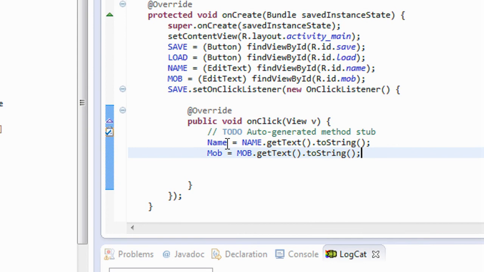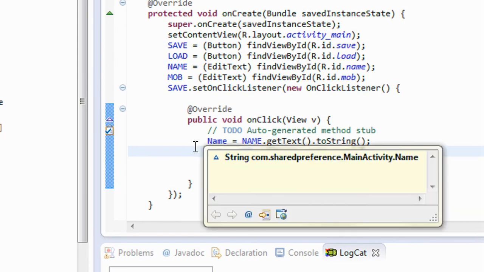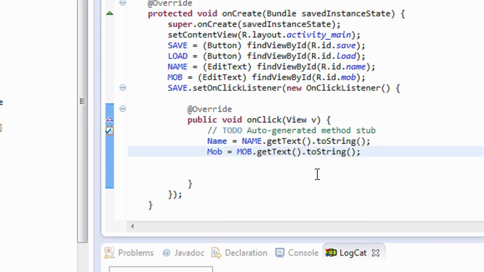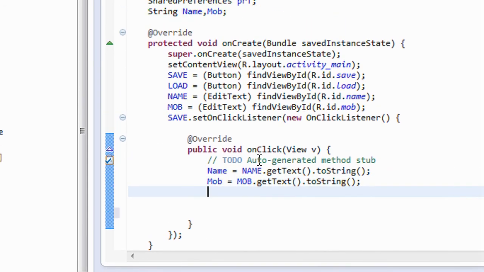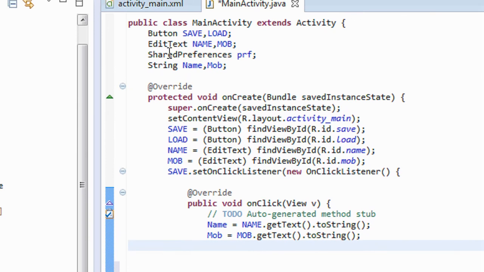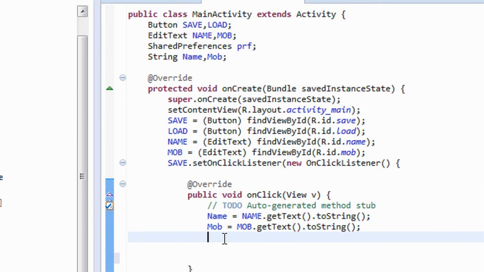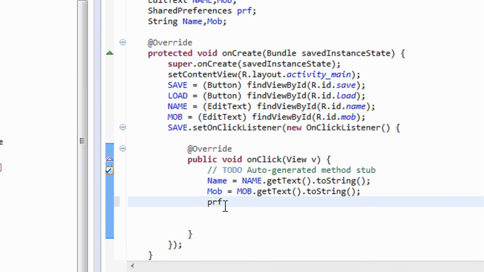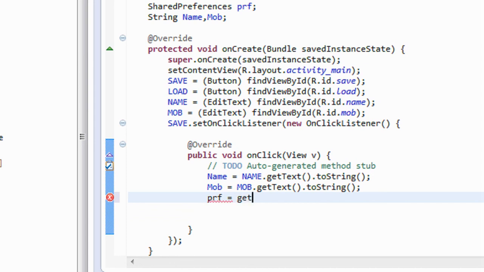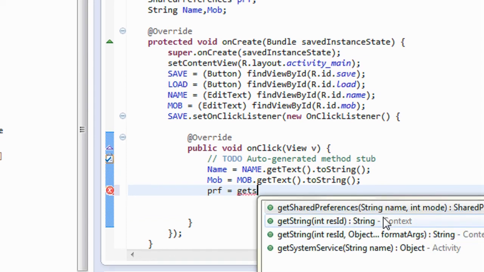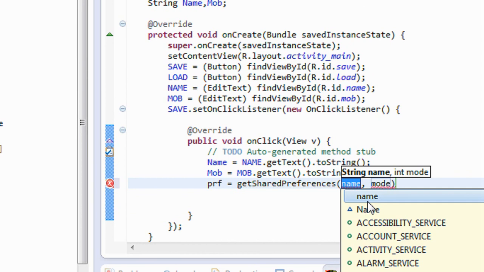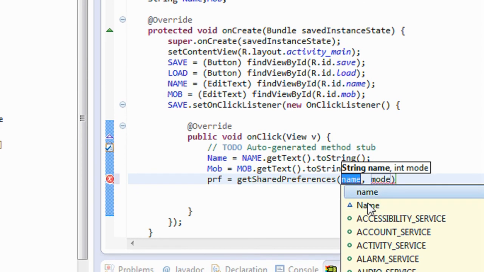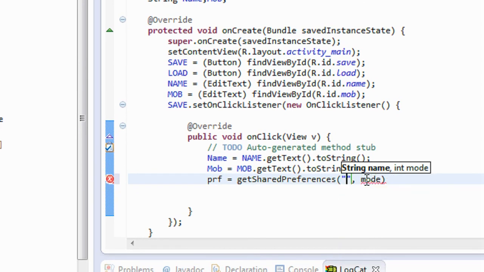Okay, now here we got the values from that edit text into these two variables, name and mobile. Now we have to create that object of the shared preference. So here I am going to write pref is equal to, using a method called get shared preference. Here I have to give a name for the shared preference.